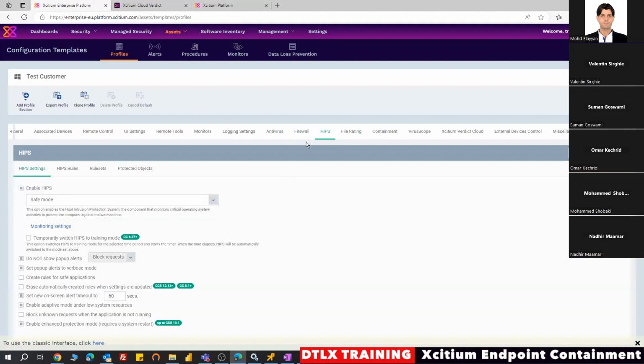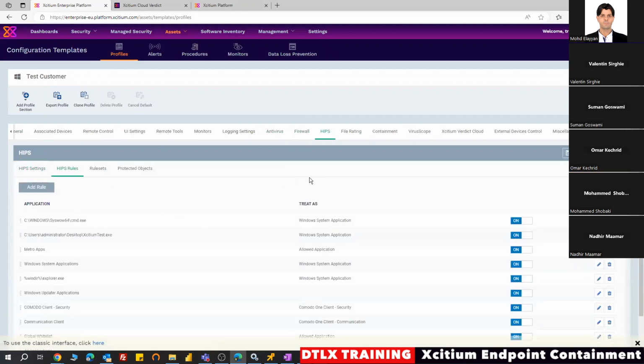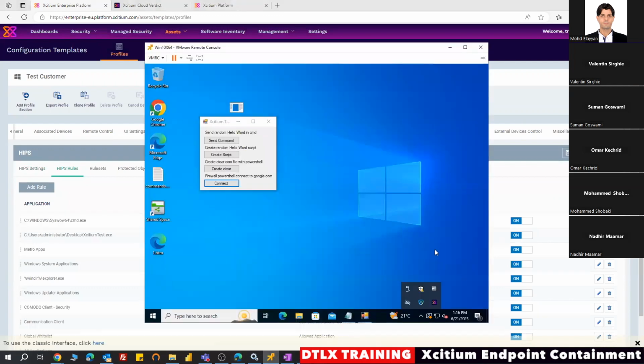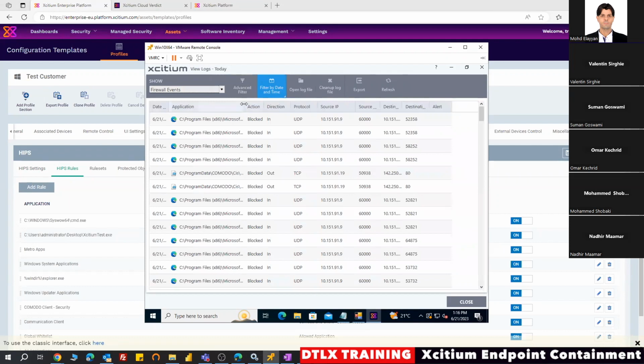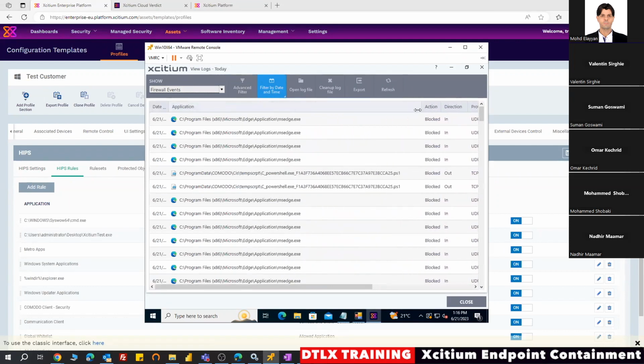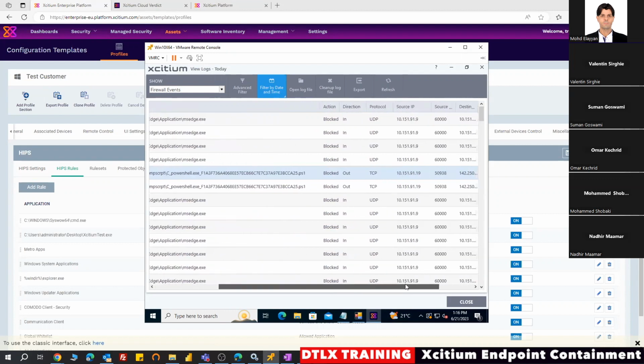So in the end, they are interacting in order to secure the endpoint. And let's see if we are able to see this type of events, because we didn't see the firewall events. And I have an echo device. Here they are, do you see? Basically, it has automatically blocked a script because I didn't use an actual application. Why? It's unknown and it's trying to communicate outside. That was the automatic